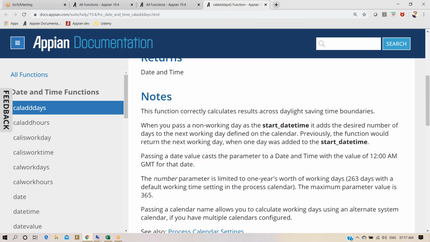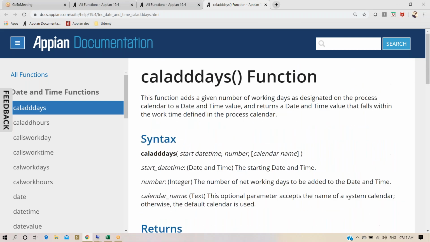Okay. So what it does, you're specifying numbers. I mean the number of days which you want to add to a specific date and time. Let's take a case where I'm giving an example so that you guys can understand better. Let's take a case where there is some sort of